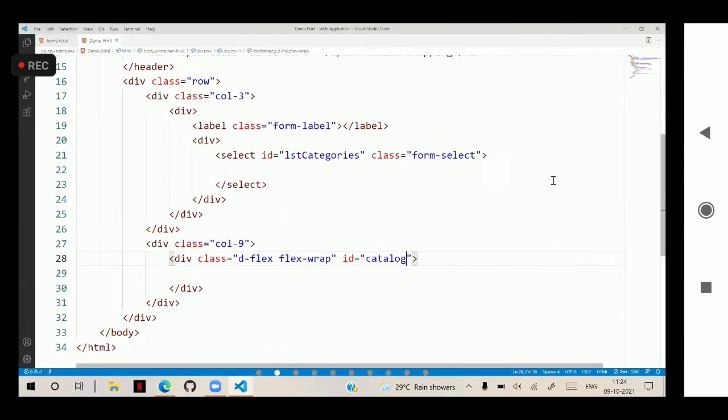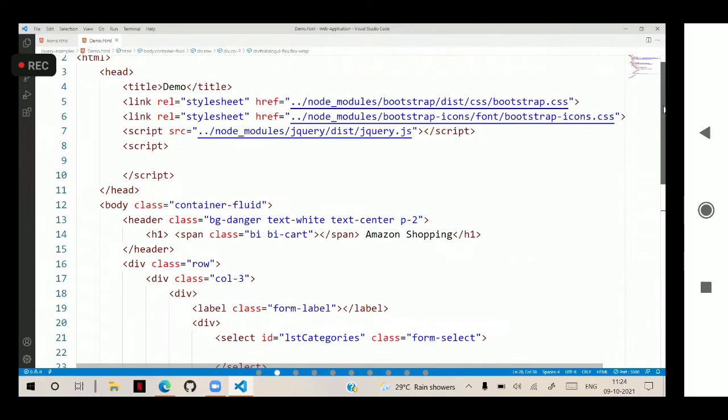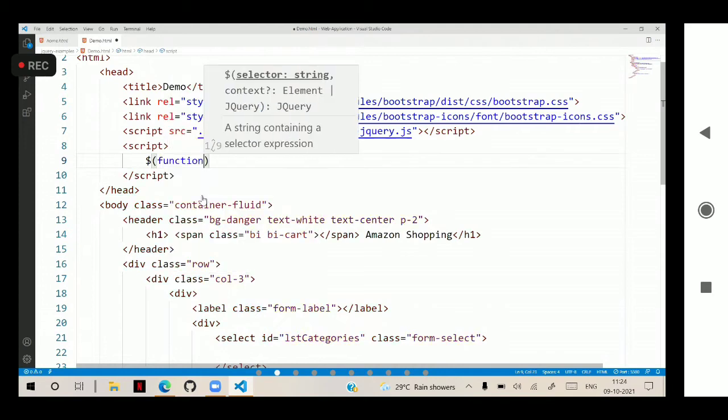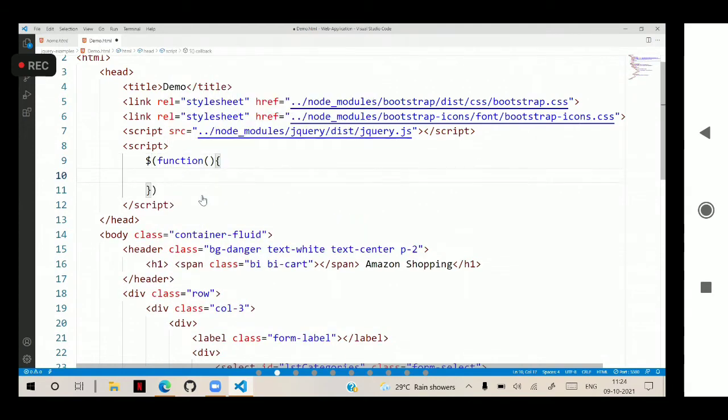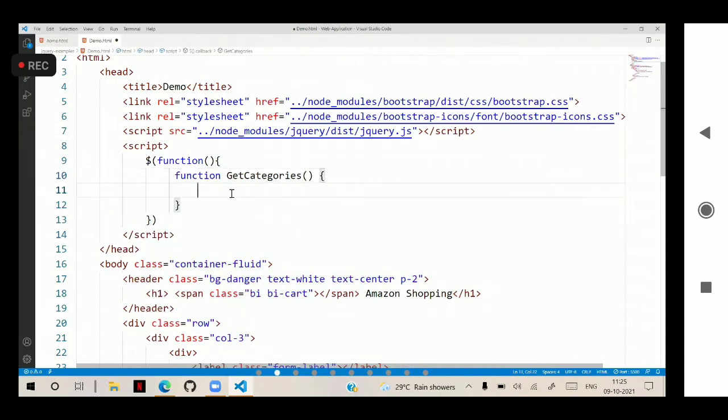For that we have to write a jQuery function, and in that first we need to fetch data. I will create a separate function, getCategories, and this function should return all the categories.